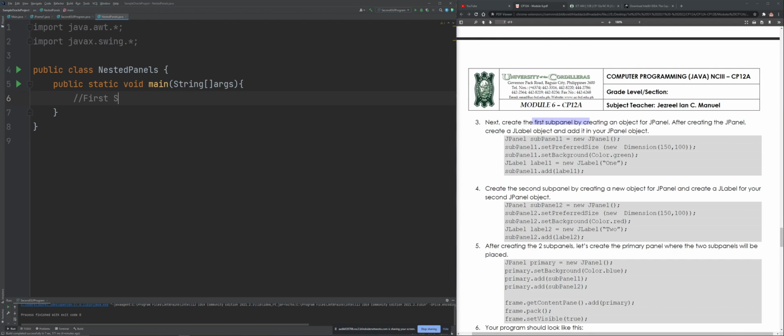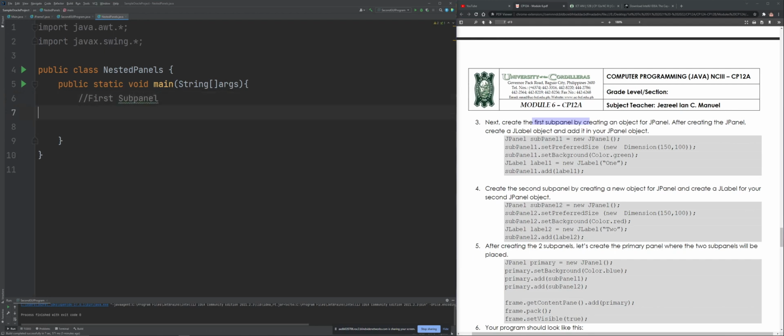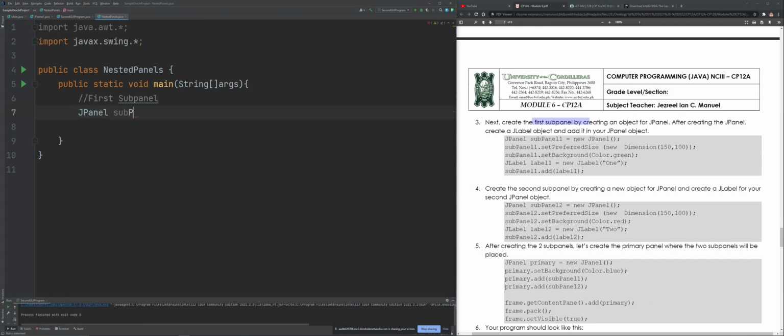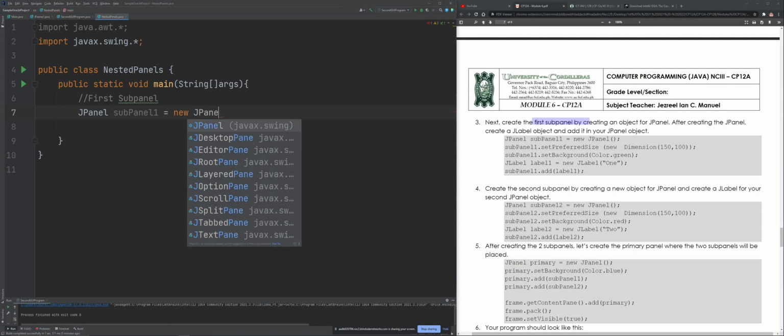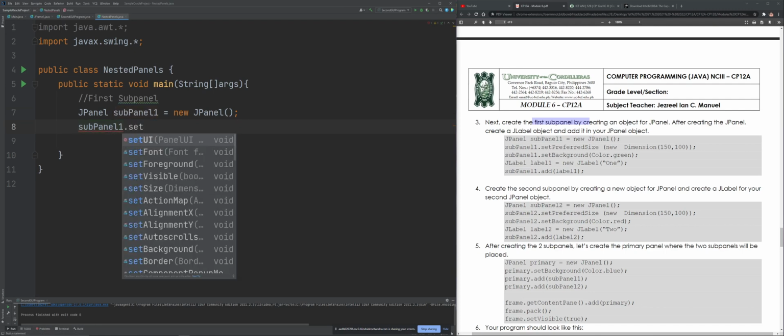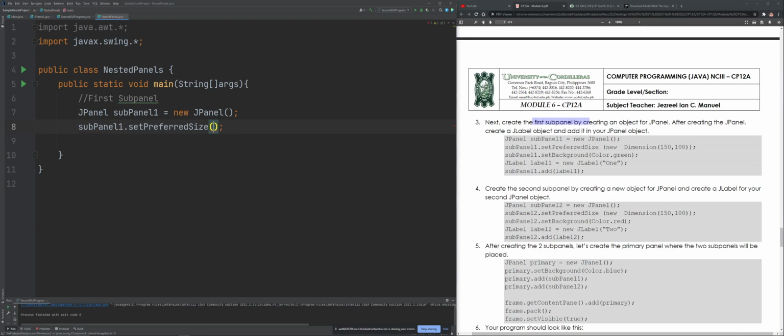First subpanel. Let's introduce what we call JPanel. So, parang JFrame lang din. Nag-create kayo ng constructor, instantiating an object. Pero this time, sige, wag na lang muna natin lagyan ng title. So, subpanel 1. And we can simply set the size of that panel by using this method, new Dimension,